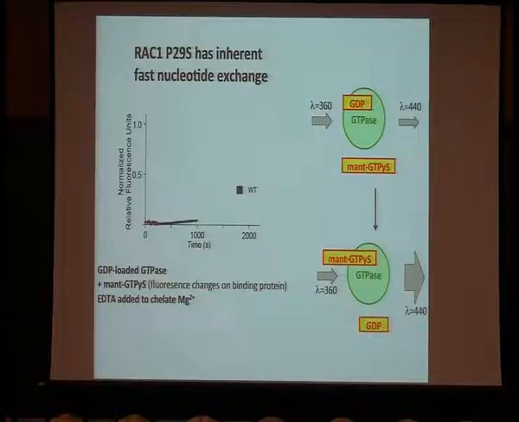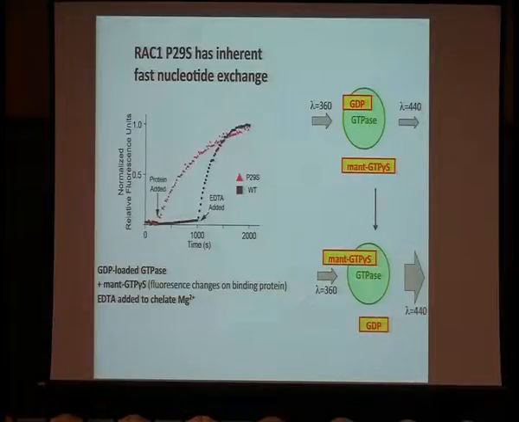Once this protein is incubated with EDTA, there's a dramatic increase in the switching between the GDP-loaded and the fluorescently tagged GTP-loaded form, and that's because EDTA chelates magnesium, pulls the magnesium out, so that's the glue that keeps the nucleotide bound. EDTA pulls magnesium away and allows the cycling to occur. Proline 29S is different. The mutation proline 29S is not stably GDP-loaded. It actually cycles right from the get-go,